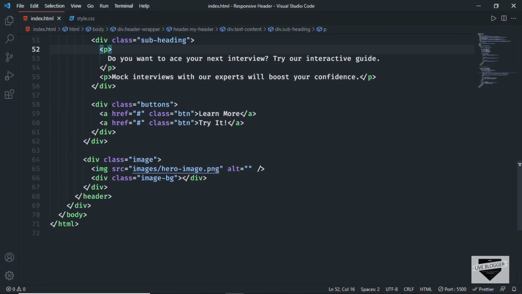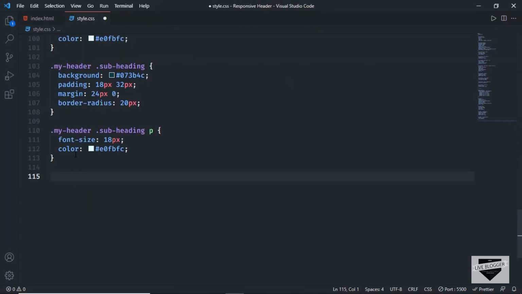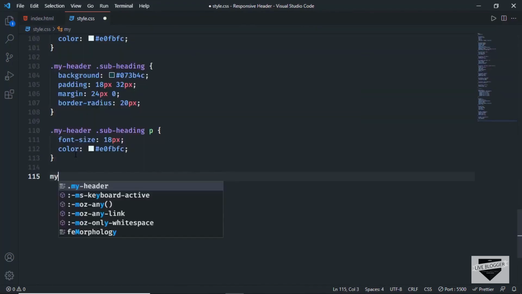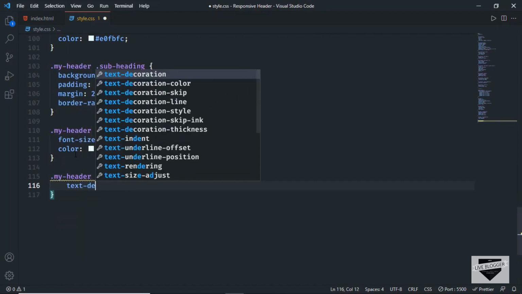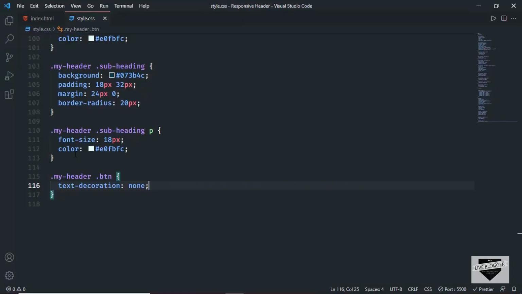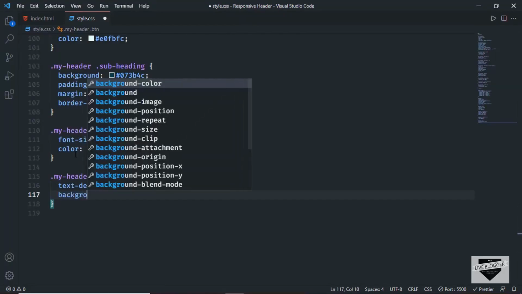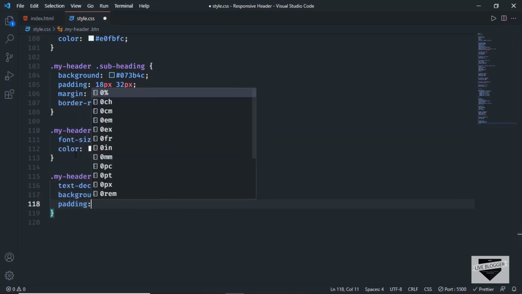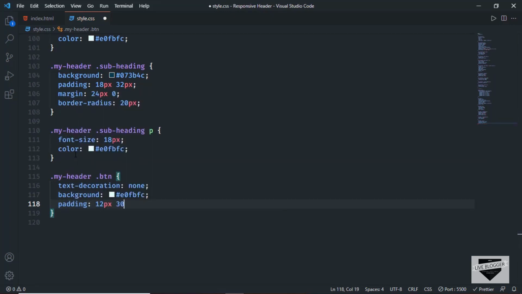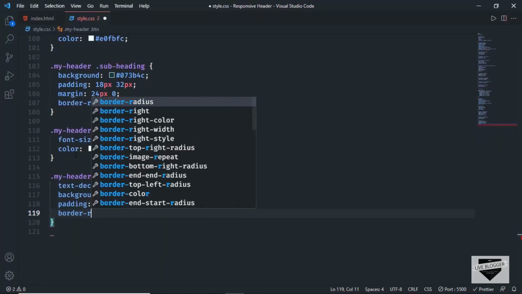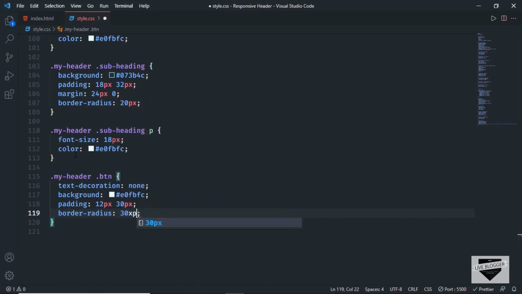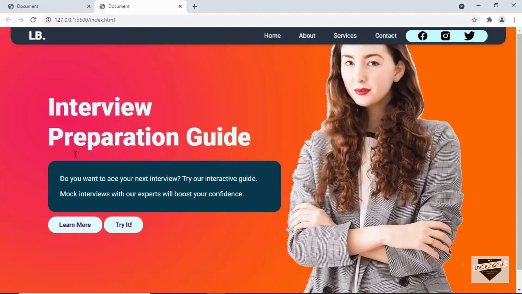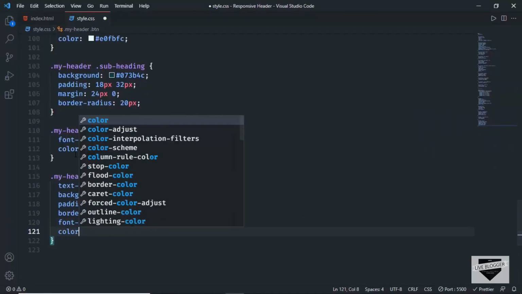So for the button we have a class called btn, so let's target that. I'll just type my header btn, and we'll just remove the underlines by typing text decoration to none, and I will set a background color of E0FBFC, and we'll also add a padding of 12 pixels top and bottom and 30 pixels left and right, and let's also add border radius, and we'll set it to 30 pixels, and let's set the font weight to 900, and we'll also set the color of the text to